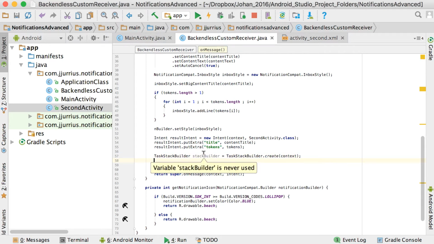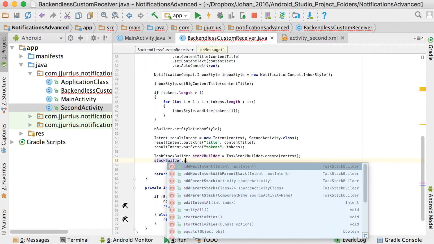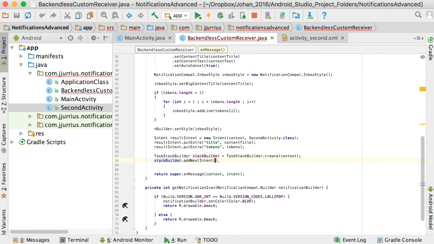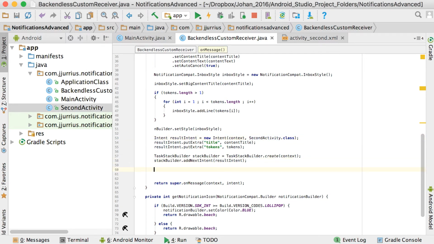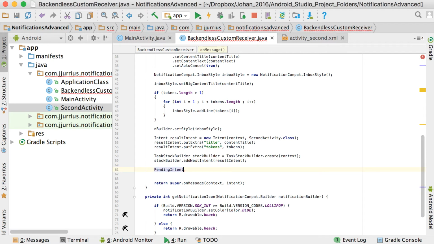So if we go then from stackBuilder, on that stackBuilder object, we're going to say .addNextIntent, and that's the intent that we want to run there, which is the resultIntent, and this is this one. Okay, so this is basically just ensuring that navigating backward from the activity leads out of your application to your home screen. Right, now in order for this intent to actually start, we need to use a pending intent. So I'm going to use a PendingIntent there, let's just call it